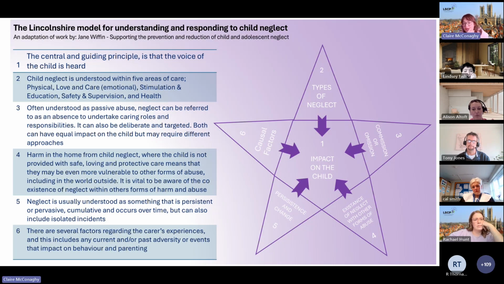The child neglect resource, as I said, was focused on the Jane Whiffen work, and please do go and see Jane's briefing. It was recorded in Child Safeguarding Week, and it is on the LSCP resource page. The areas of practice are set out here for you. But the main thing we want to point to is the section in the middle here, the impact on the child, and how all roads lead back to thinking about what is going on here. So we can be thinking about the family, the wider context, the environment, if you're thinking about the child assessment framework.